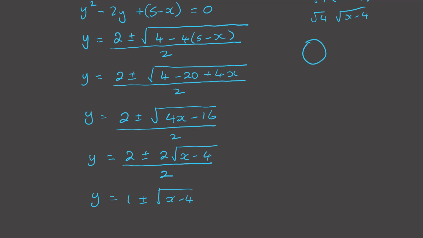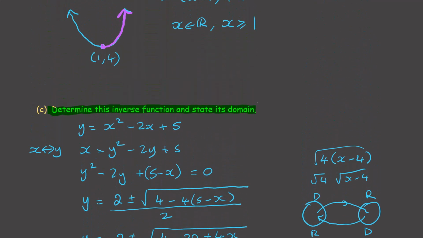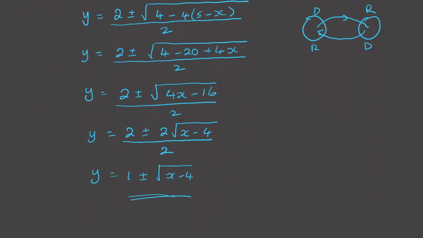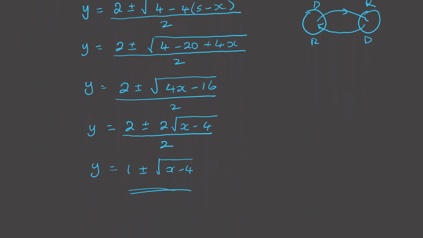Remember about how the domain and range switch around between a function and its inverse. So we want the range of this to be from 1 upwards because that's what we defined to be the domain for this function. So we need to take the plus, and then it's going to be 1 plus